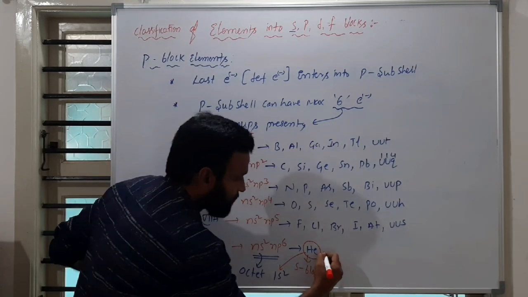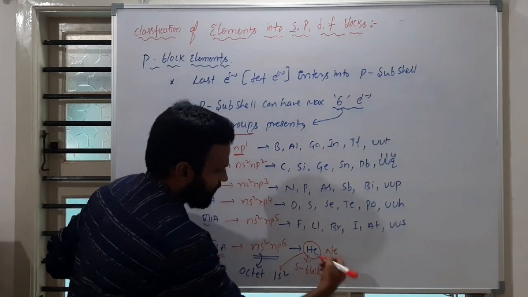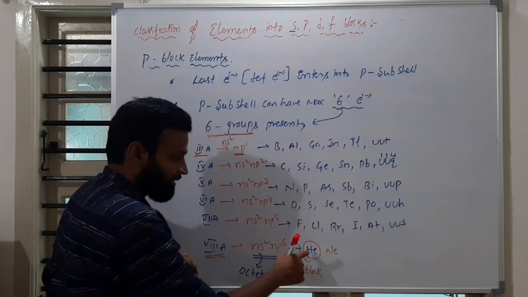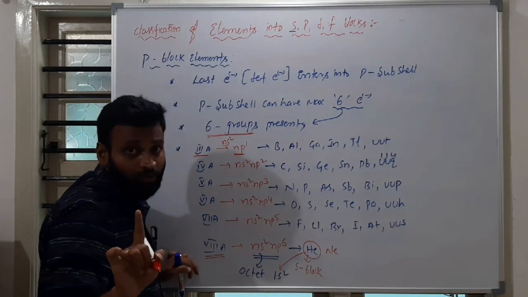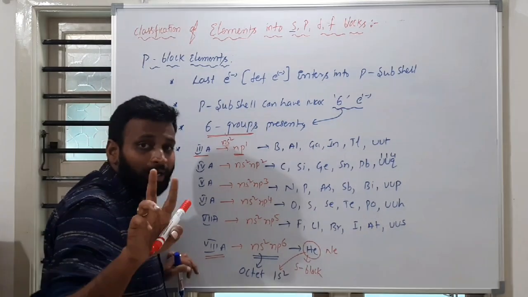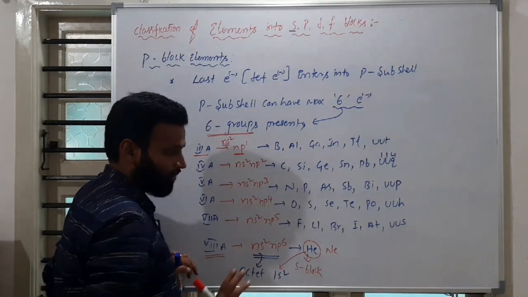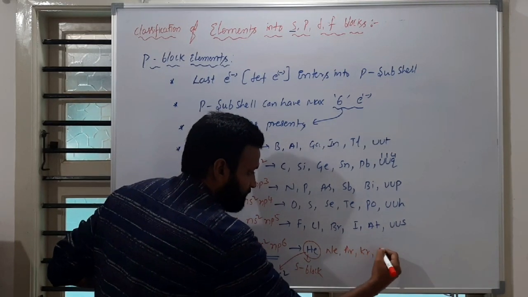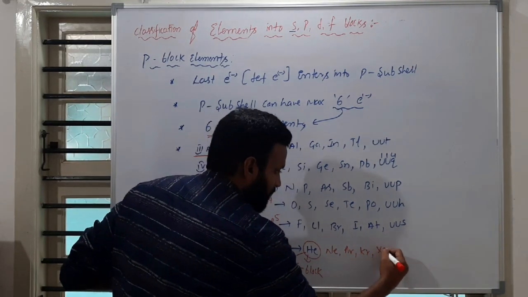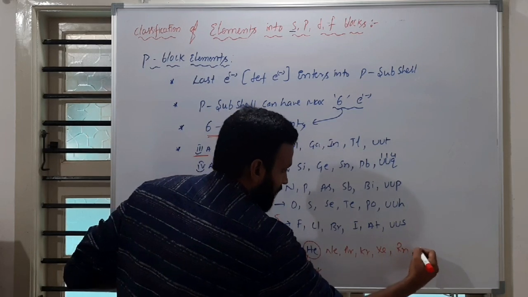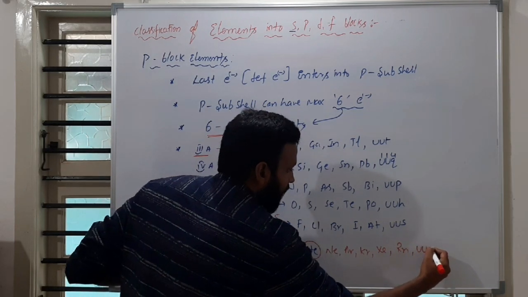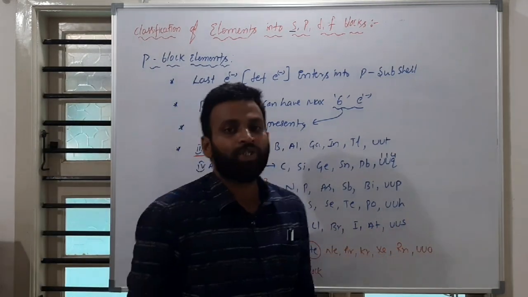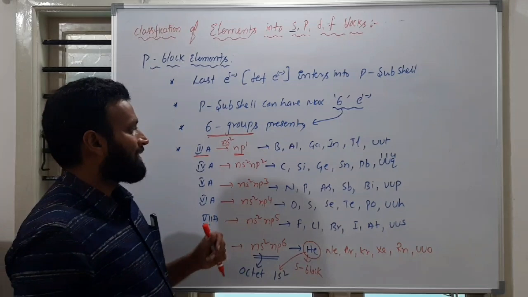So what are the 8A group elements means? You can write helium, neon. Okay, I am continuing because here helium I written. Helium is a noble gas, but it is not having octet configuration. Helium has a duplet. Du means two. Duplet configuration. Neon, argon, krypton, xenon and radon and ununoctium, 118. These are the elements.